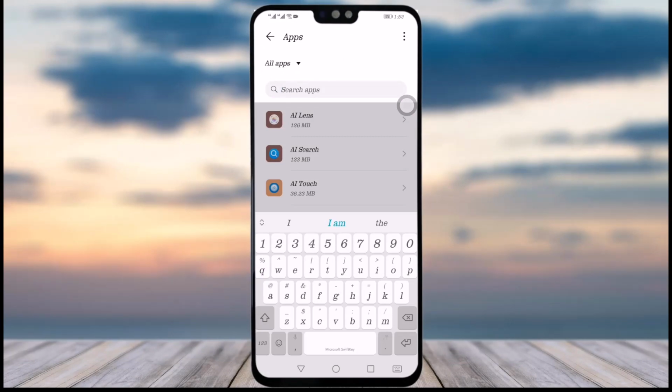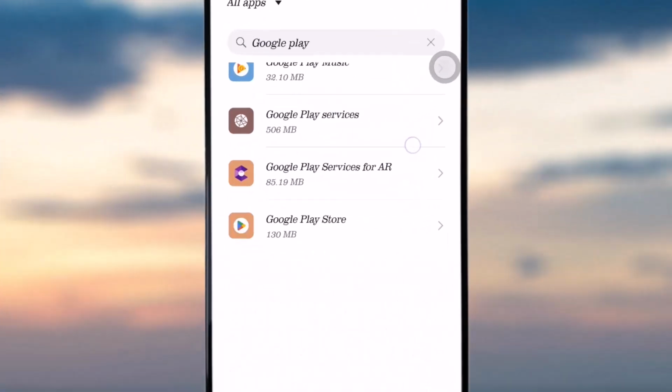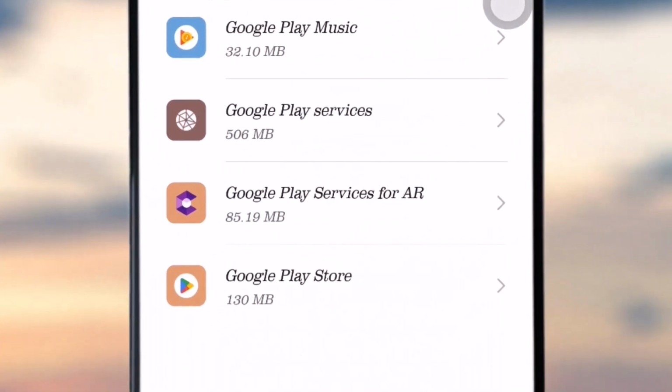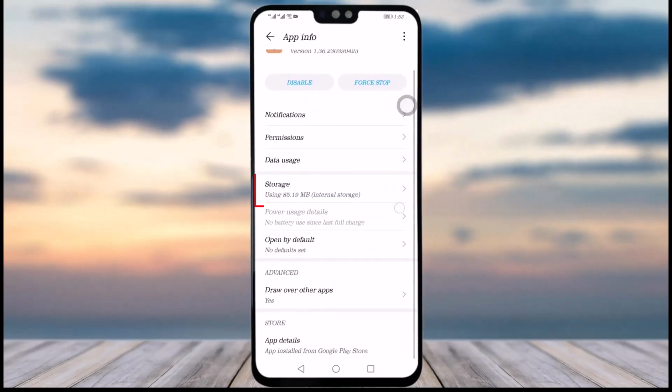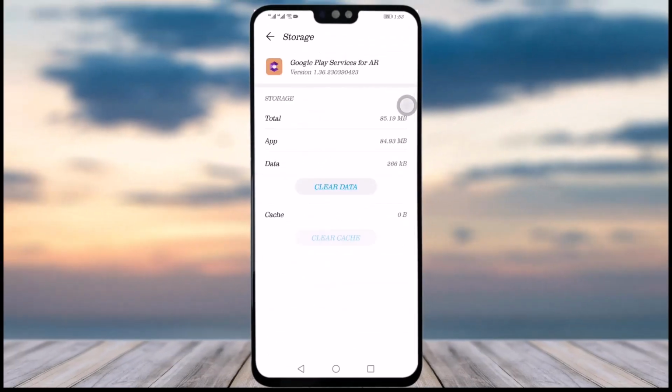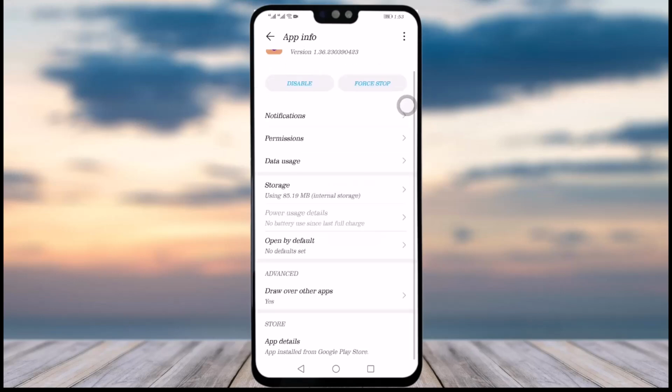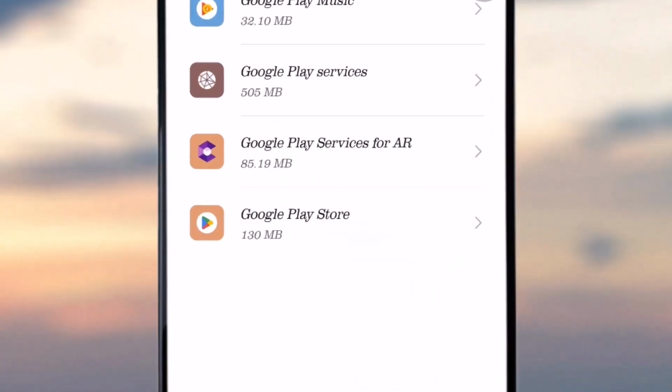Then you will simply search the Google, and as you can see the option called Google Play Service for AR, simply tap on that option, and then you will tap on this option called storage, and here you can see all the data and the cache over there. So in my case I have already cleared out the cache of the Google Play services, so it's cleared over here. So we'll just go back and then you will just have to clear cache of that place,